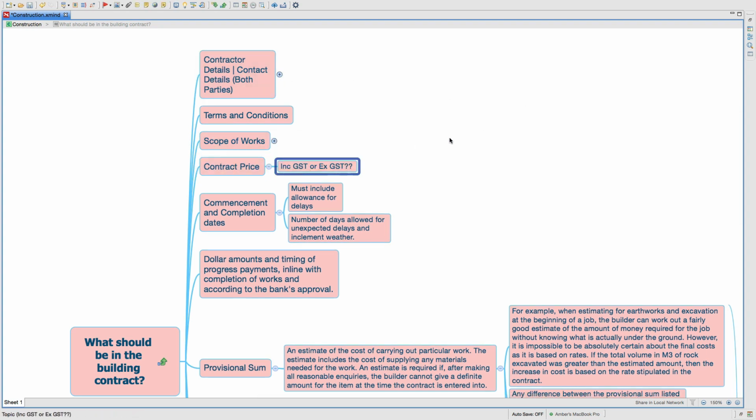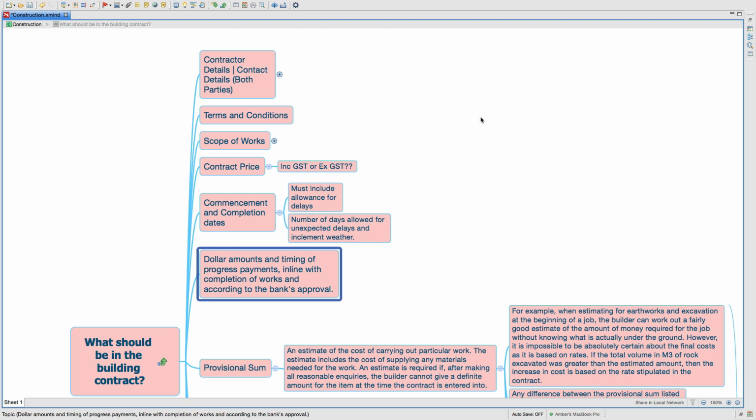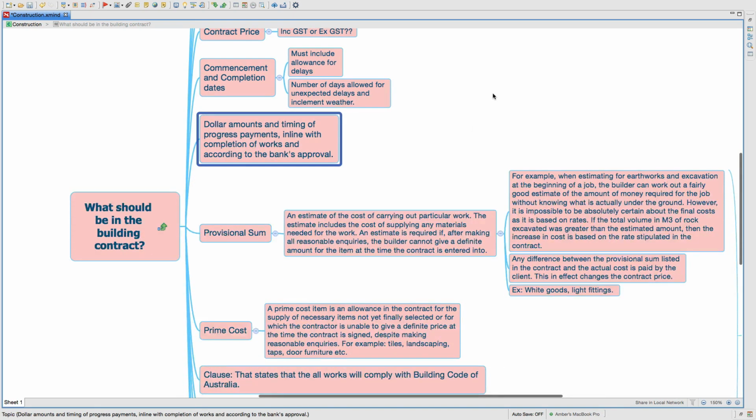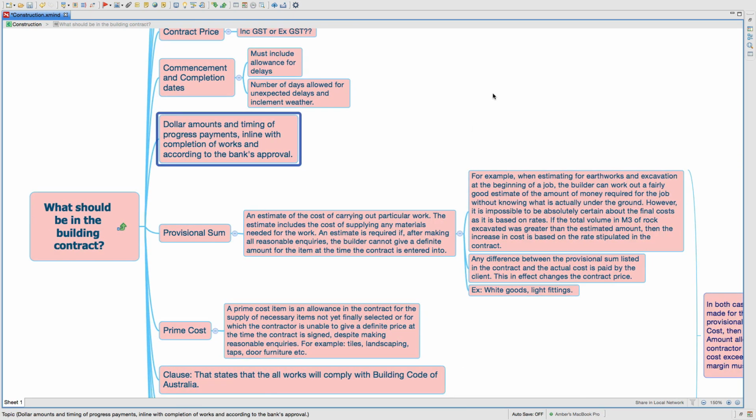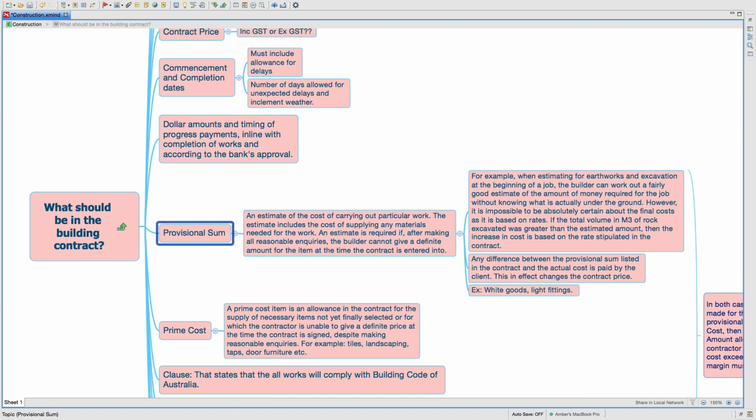Contractor price, whether or not it's including or excluding GST. Commencement and completion dates must include allowance for delays, number of days allowed for unexpected delays and inclement weather, dollar amount and timing of progress payments in line with completion of works and according to the bank's approval, provisional sum,